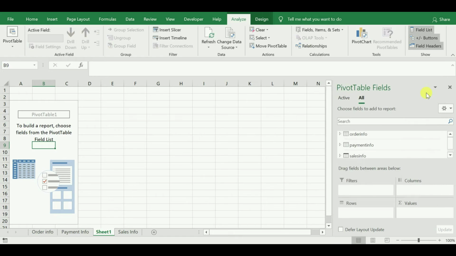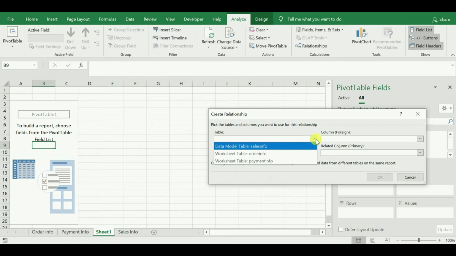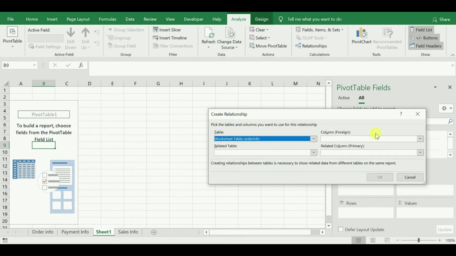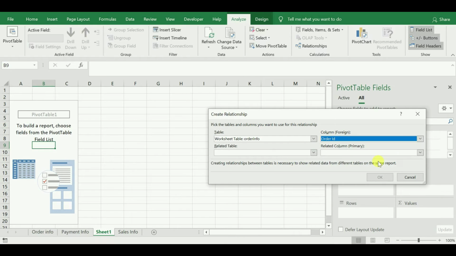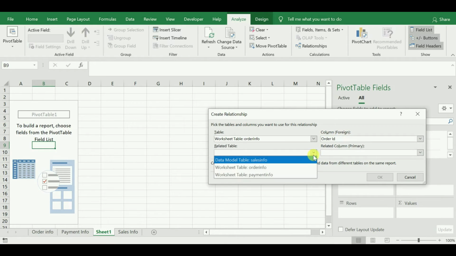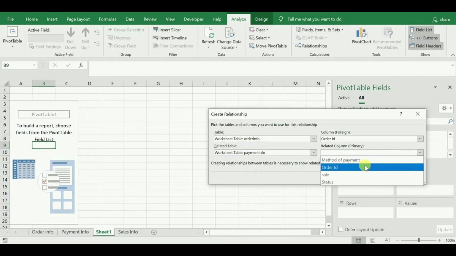When you select new, you will get a create relationship dialog box. From the table drop down, select the first table, that is order info, and then from the column select order ID. For the related table at the bottom, the second row, select the second table, payment info, and from the related column select order ID.